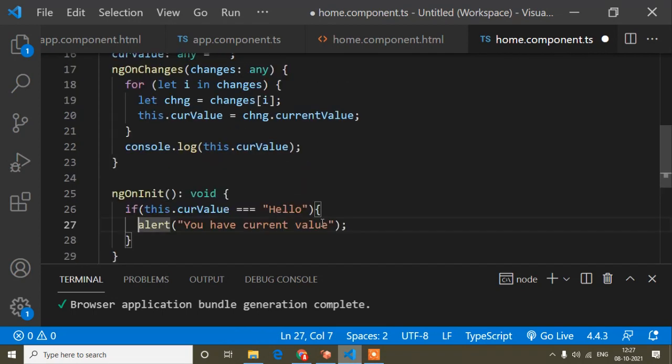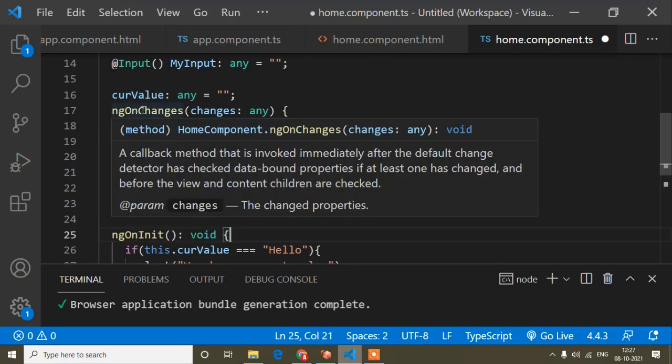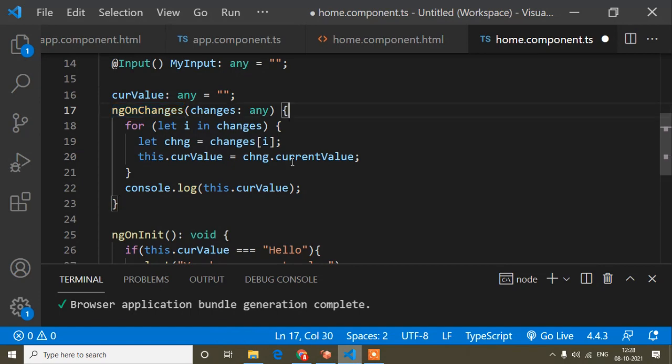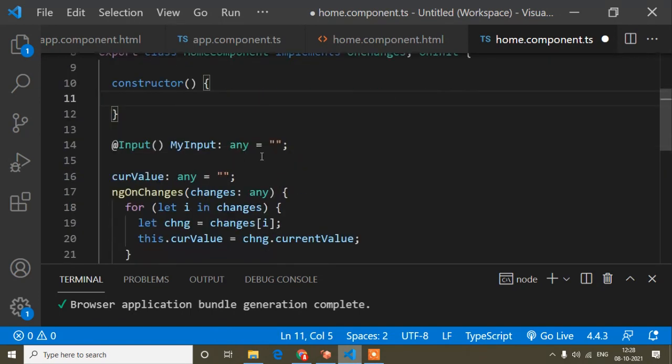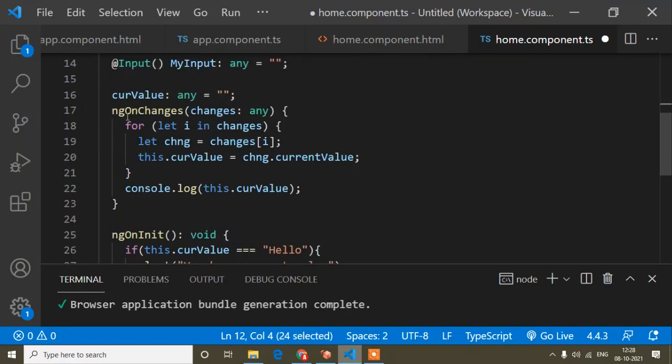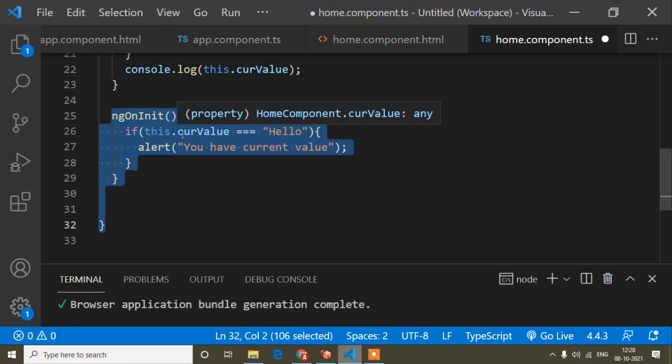So that is the main difference: if there is something we have to do after the ngOnChanges method, we cannot do it inside the constructor, because the constructor is called before ngOnChanges, and after that ngOnInit, so ngOnInit is needed.